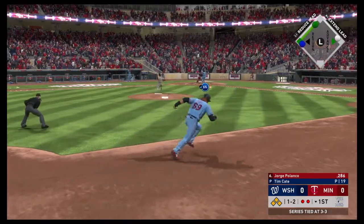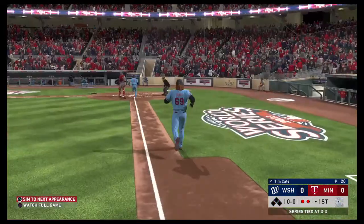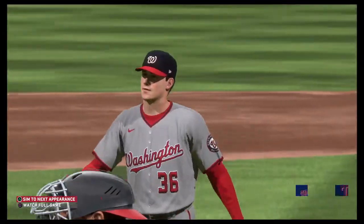1 and 2, here it is. Now this is on the ground to second. Is he going to get out of this? He is. They get the force at second base. Twins leave the...